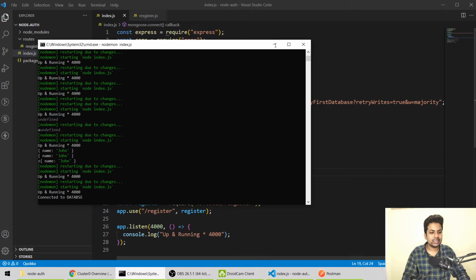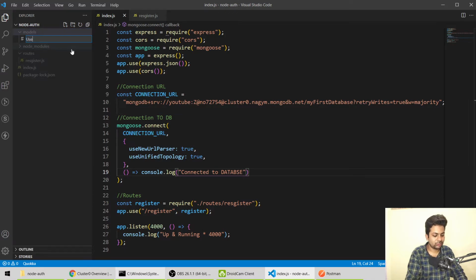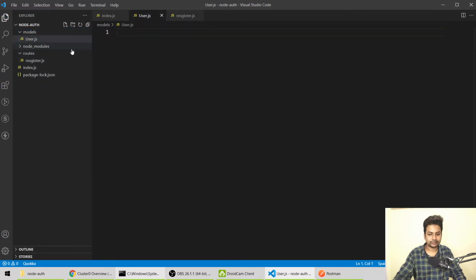So let's build a schema for saving our users. For that we'll make a folder on the root called models, and inside we'll say user.js.